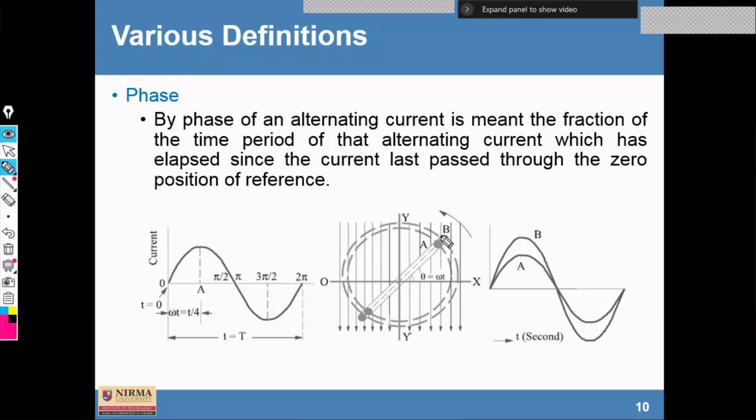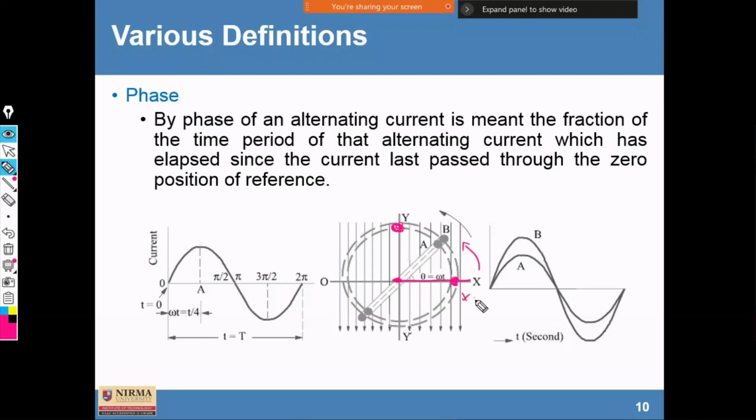Clear? So here these two different quantities, when they start moving from 0 to 90 degrees, will start rotating in an anticlockwise direction